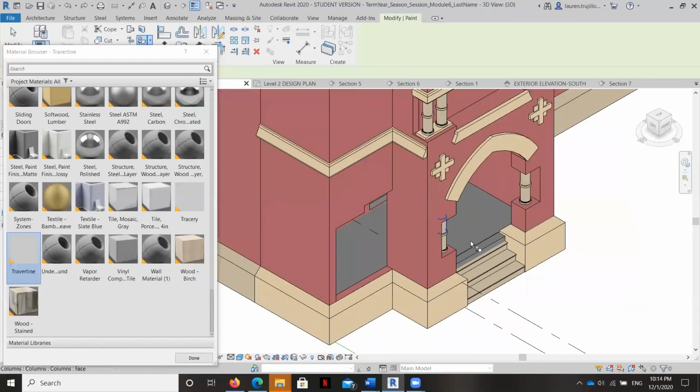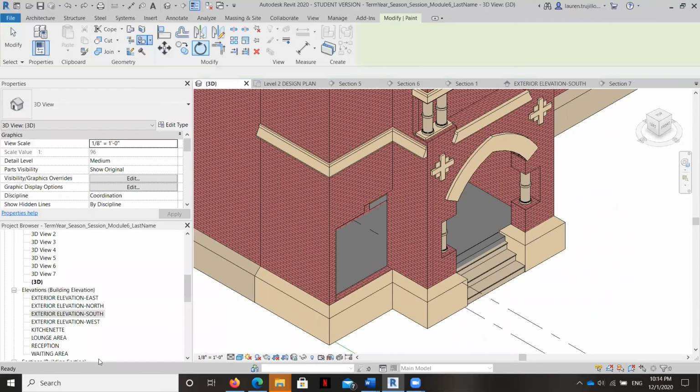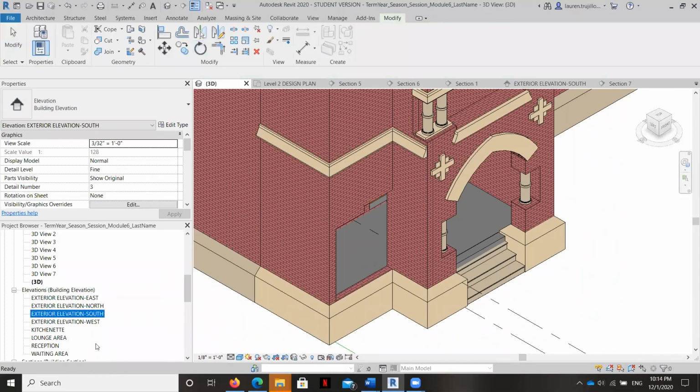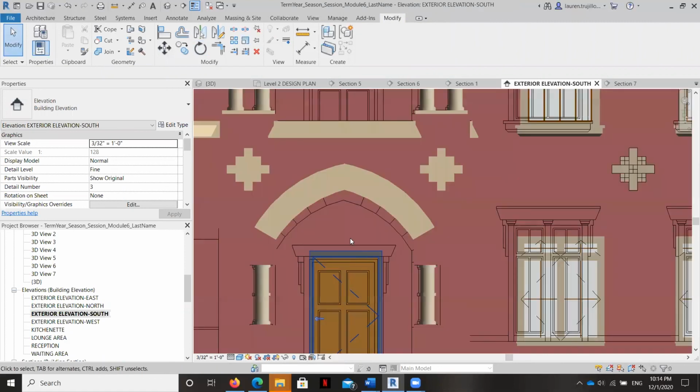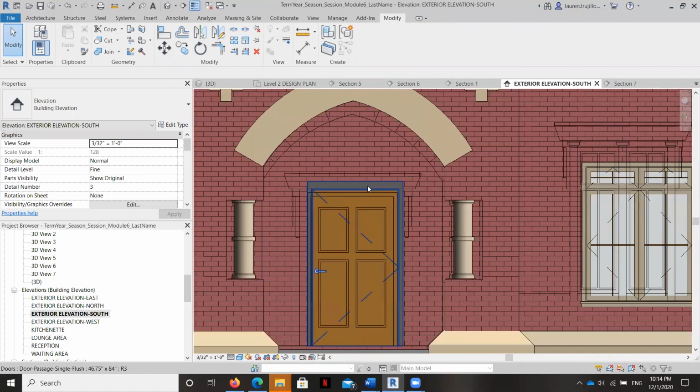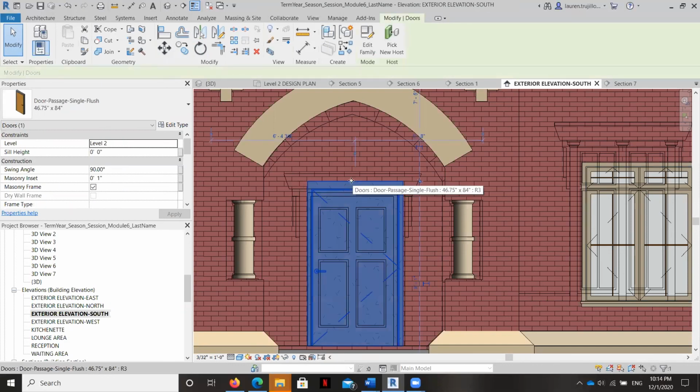Okay, we're almost done. Let's go ahead now and look at the south elevation, and I want to mess with this door just a little bit because it lacks severe and significant soul here. Now, we all know how to make really beautiful custom doors, and we could certainly spend some time making this door look just like the outline here. But for right now, what I'm going to do is just change some of the finishes to it.